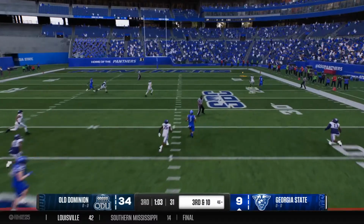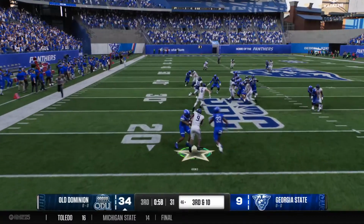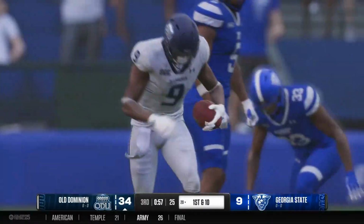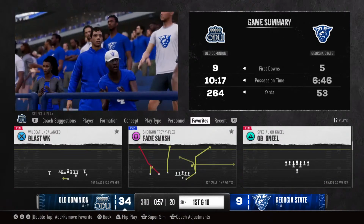He puts a lot of air under it down the sideline. And that is his 5th interception. If he comes out to try for 6, he'll be lucky. And he's wrapped up after a solid return on the pick. Well, the quarterback on that one put a lot of air under the ball. The problem is it gave the defense...